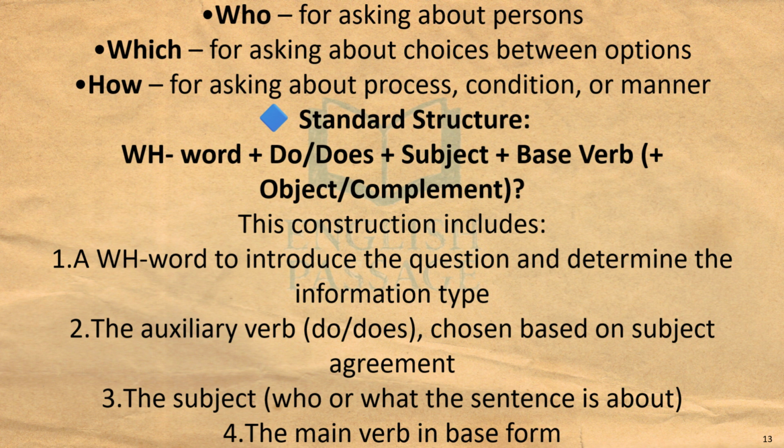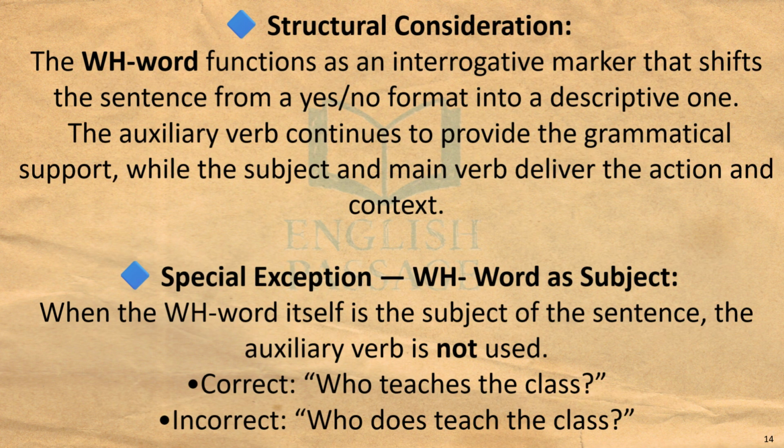The subject, who or what the sentence is about. 4. The main verb in base form. Structural consideration. The WH word functions as an interrogative marker that shifts the sentence from a yes/no format into a descriptive one. The auxiliary verb continues to provide the grammatical support, while the subject and main verb deliver the action